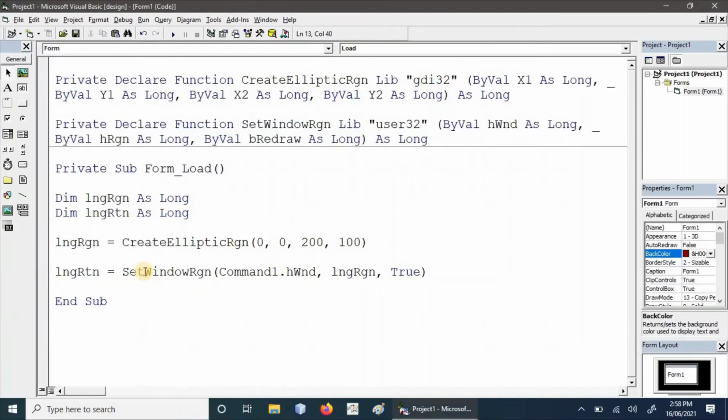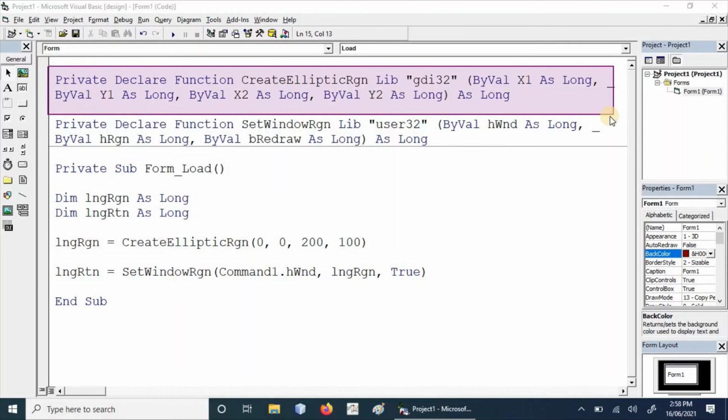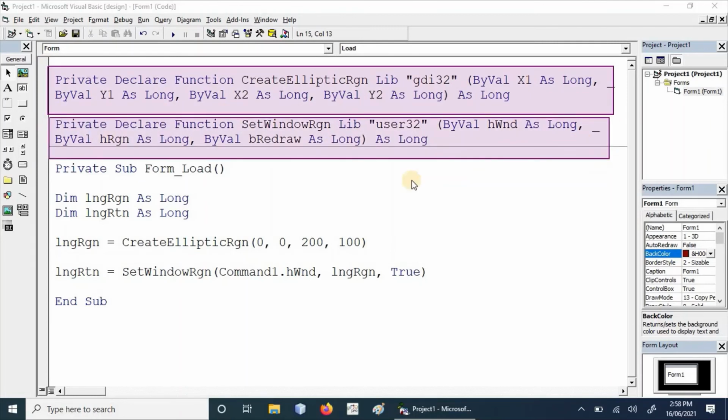So nice. This was the complete lesson for today. First of all we used CreateEllipticRgn, and second we used SetWindowRgn. CreateEllipticRgn is an independent API from the GDI32 DLL file that will create a specific region. Here we create a region. The parameters of this region can be different.